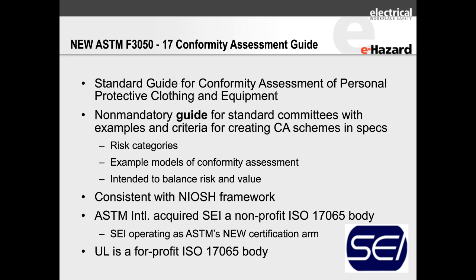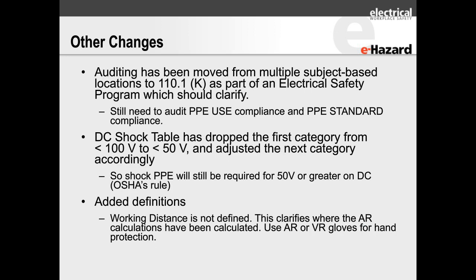The next thing is there are some other changes. Auditing has been clarified a little bit. I recommend that you audit your PPE periodically to make sure it's in compliance. We find when we do electrical safety audits through eHazard out in the field, we find PPE that just doesn't meet the standard, PPE that's improperly labeled, PPE that's the wrong pick. They pick something that's flame resistant, but it's actually a melting material and doesn't meet the ASTM standards that are the proper standards. So be very careful that you're auditing the PPE periodically and auditing what you're recommending,